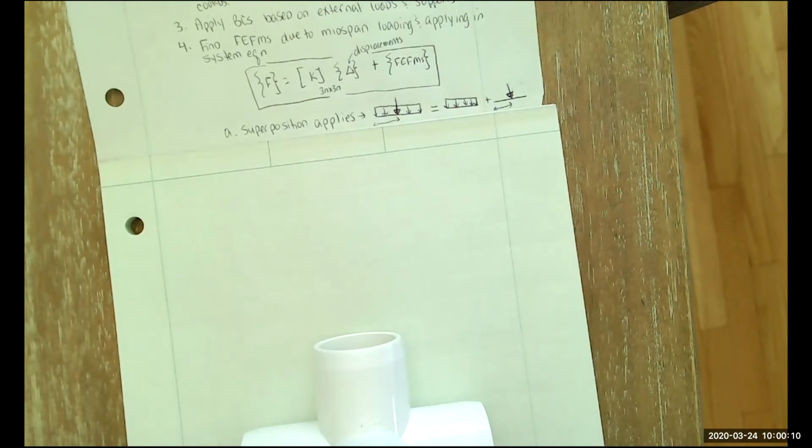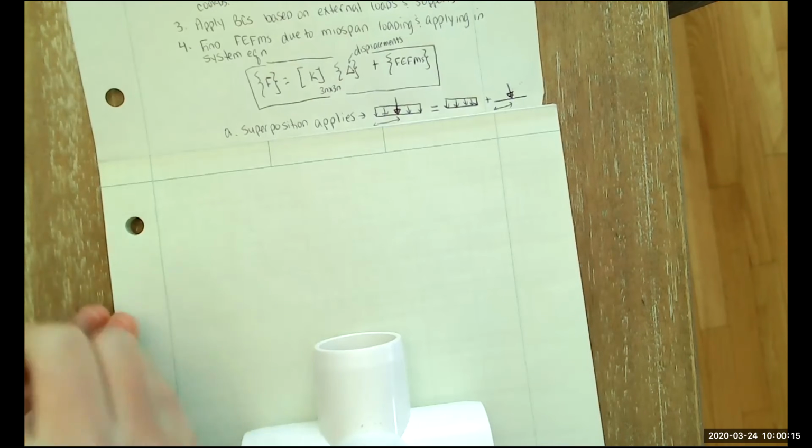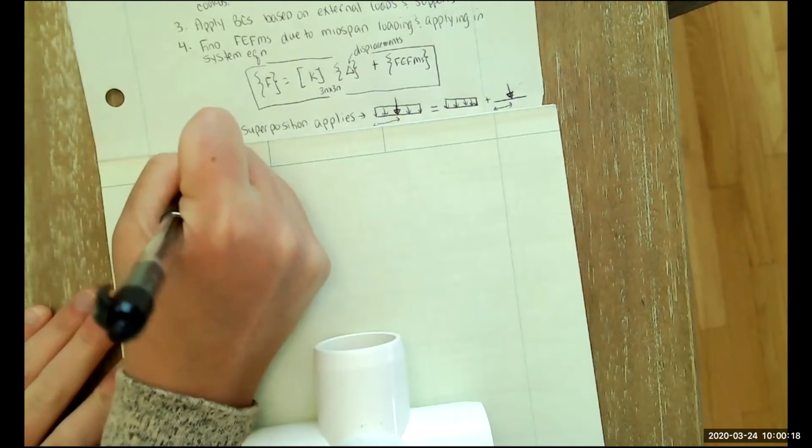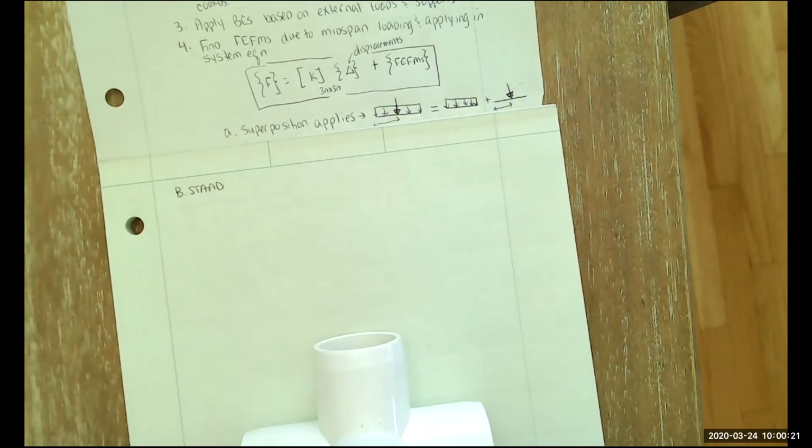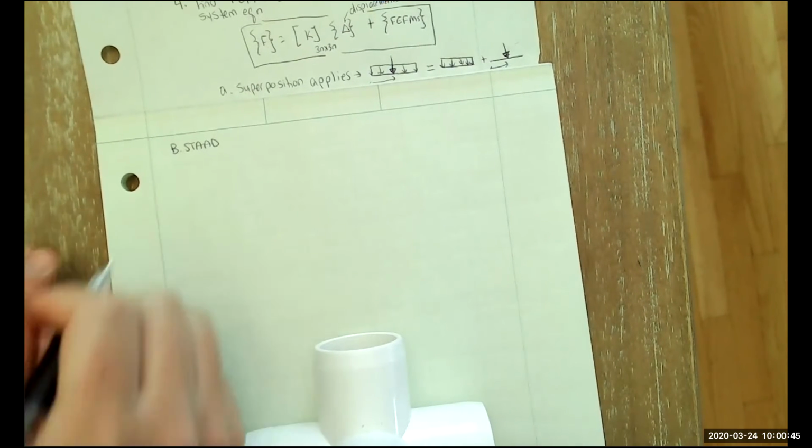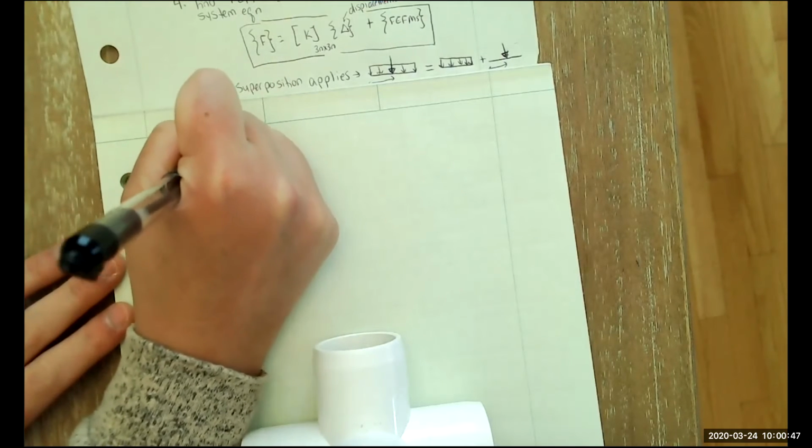All right, so after we finished the direct stiffness method for beams and frames, we moved on to our unit on STAAD. Again, this was still before spring break, so we all had STAAD access on our computers. I sent an email that we do have VPN access, so we should be able to use STAAD moving forward for our projects. That being said, I want to take some time to test that the virtual network works and that it's stable, so probably expect a slightly smaller emphasis on STAAD